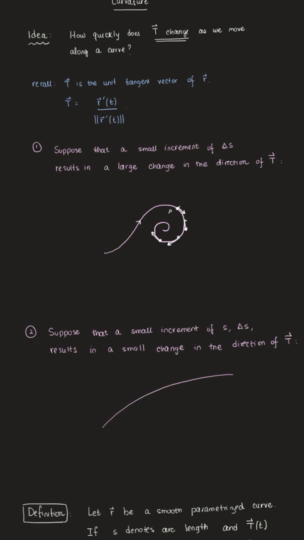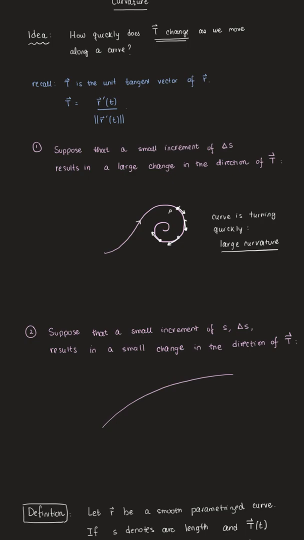When the curve is very tight, we have a very fast change in the direction of our unit tangent vector. And we call this kind of scenario, where the curve is turning quickly on a small interval along the arc length, a large curvature. So it kind of measures how tight our curve is, how quickly the direction of our unit tangent vector is